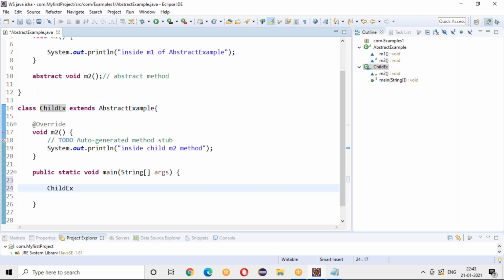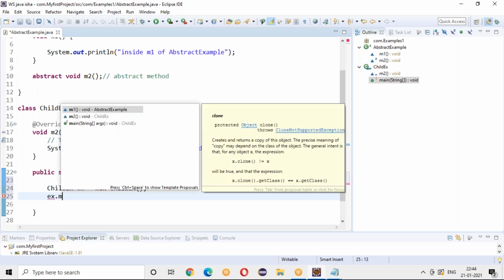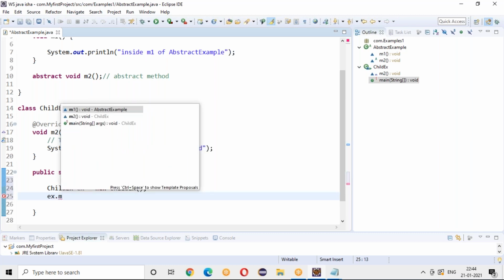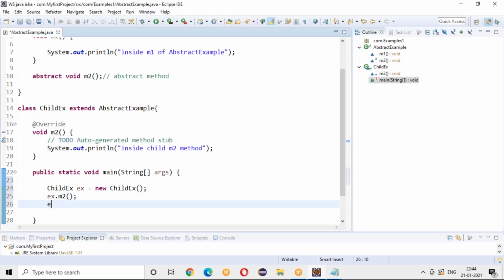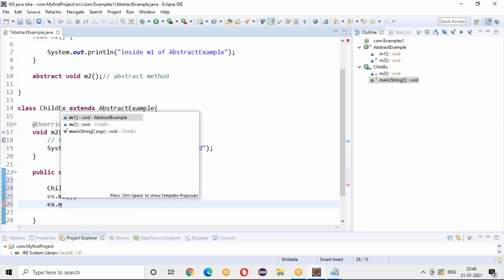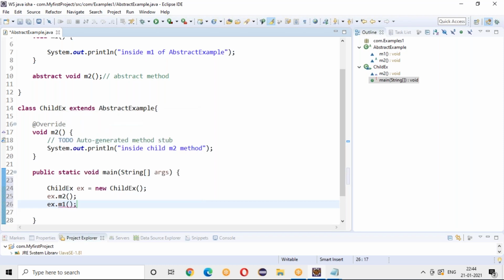Child exe, some ex as a reference variable, new keyword. And then ex dot m2. Which one will it call? It will call m2 in my child. Ex dot m1 will call which method? M1 in my parent.